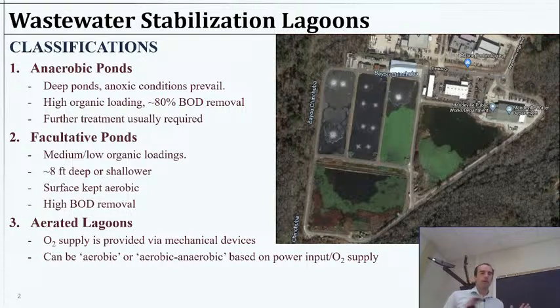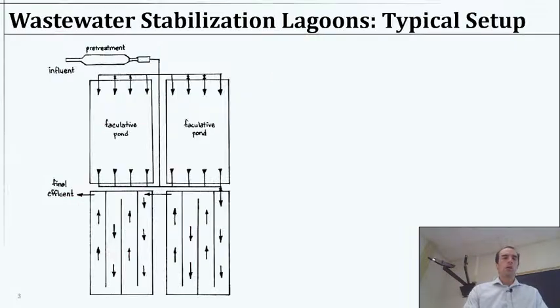You might have, as in this case, some zones where you don't have the aeration, and you're going to have some anaerobic and some aerobic spots, right? But this could be like one aerated lagoon can be a part of a larger system like that. Okay, so a typical setup might look something like this, where you have your wastewater collection system coming in, some pretreatment,